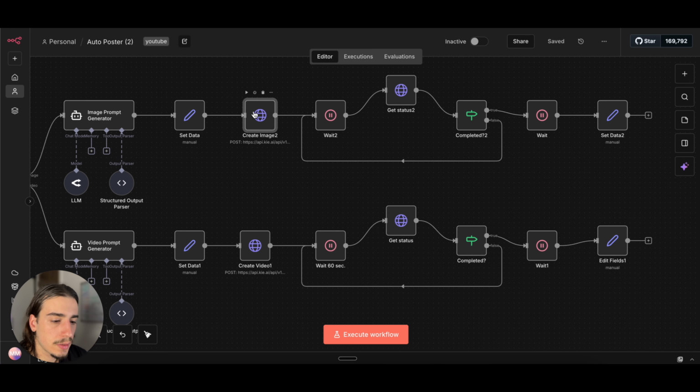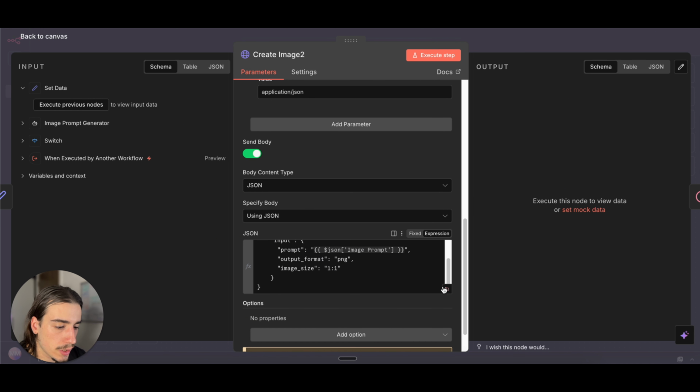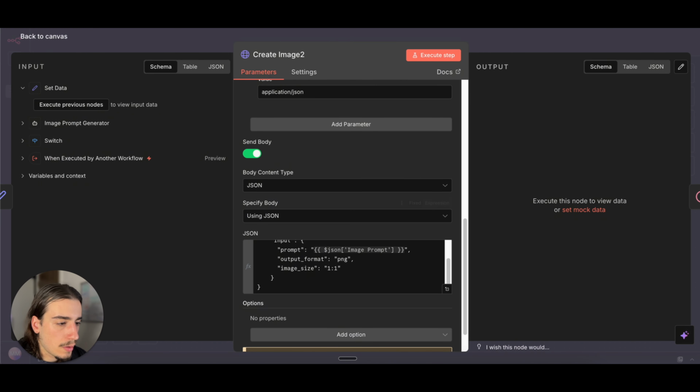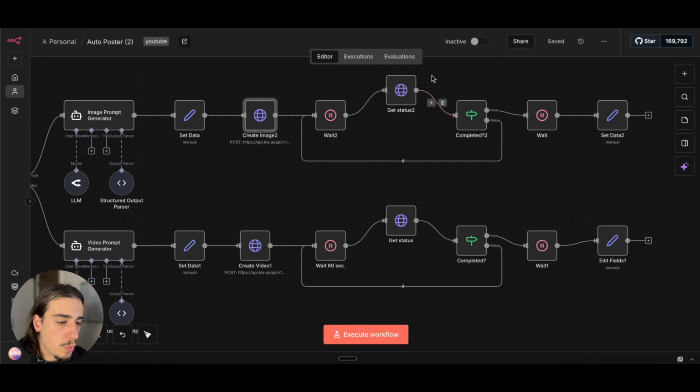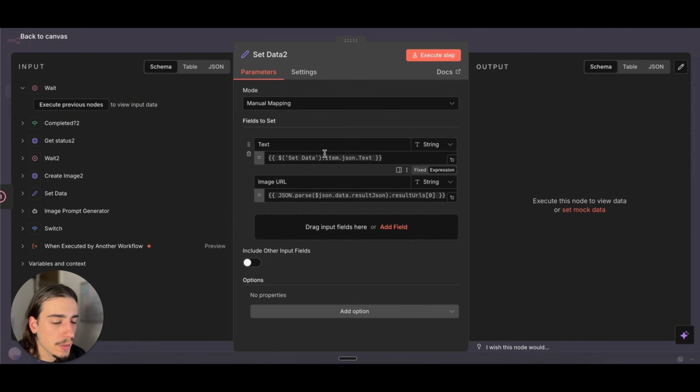We're then creating our image using Key AI and Nano Banana. So you can see here we're using Nano Banana, and we're basically just passing in our image prompt and telling it to generate an image for us, with the output format PNG. We've just got a wait loop here. So basically what this is going to do is wait until our image has been generated and completed, and then wait for a second and then set our final post: text, image URL,